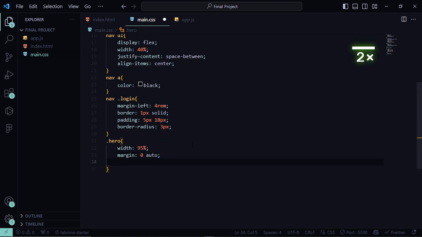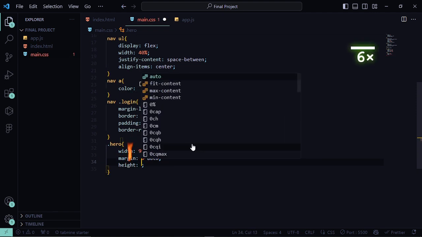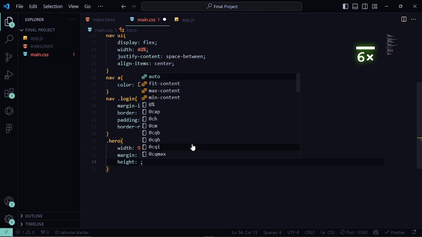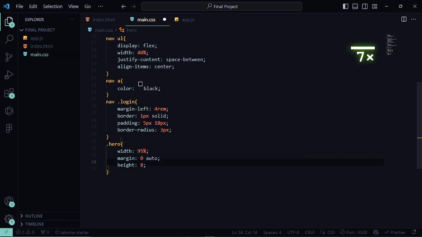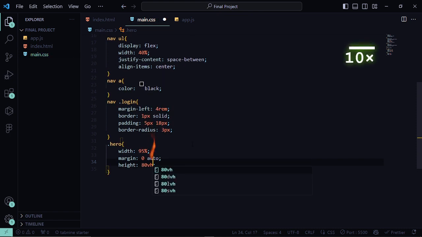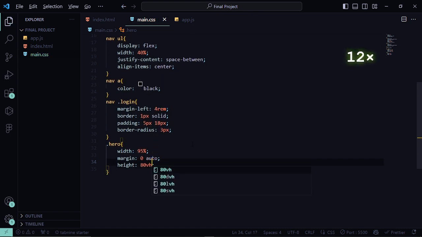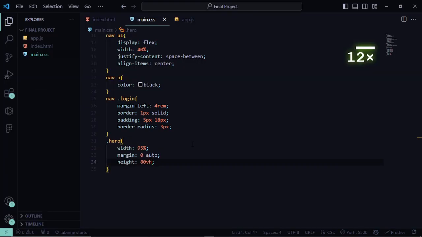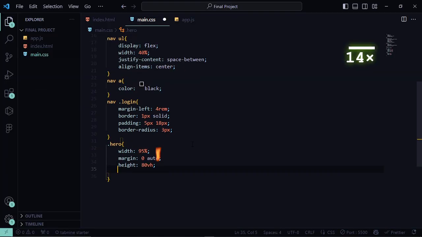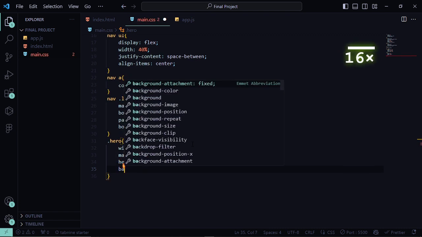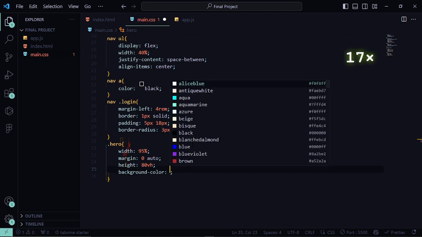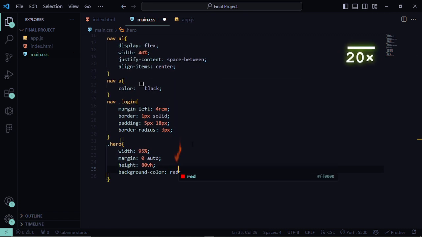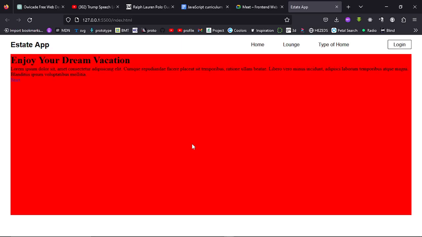So say height, I'm going to say about, let's say 80 VH. If it's too much, we're going to change it. So to check if our height is working properly, let's say background color. Let me say red for now. Okay,